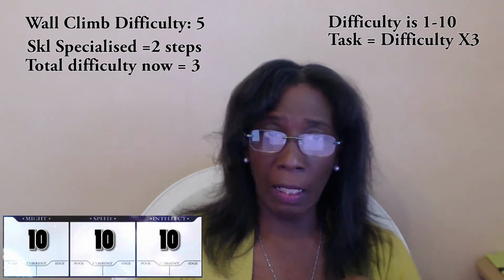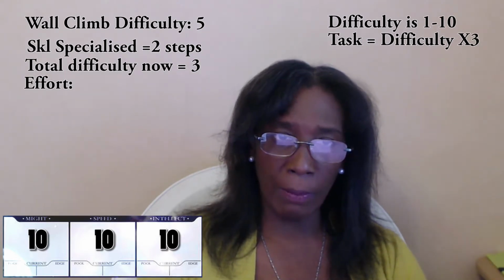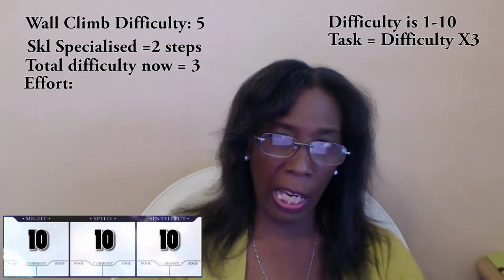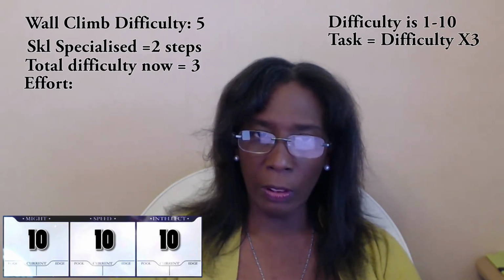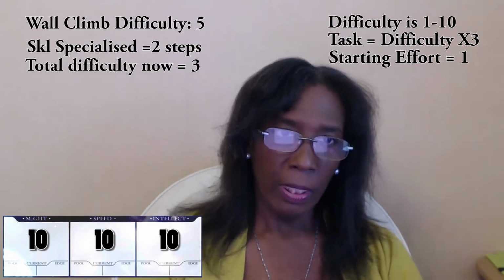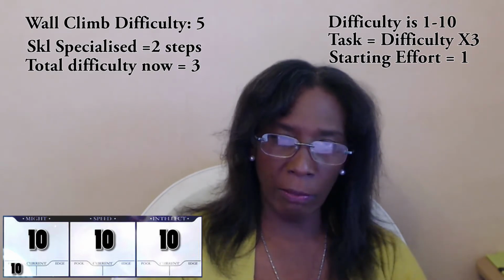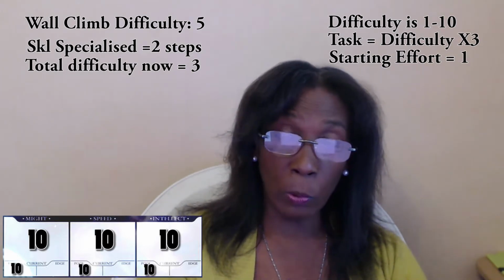After that is effort. Now, remember, every stat has a pool. Effort is the one stat on your character sheet that governs how much effort you can put into something. So as a starting character, you'll have an effort of 1. Now, let's have a look at a pool. Let's have a look at the might pool. You want to climb that wall. Let's say it requires strength instead of speed here. You have a pool, let's say of 10,